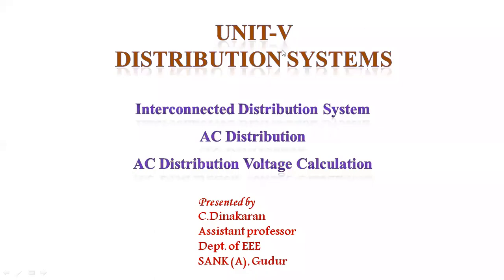Today I am going to discuss the interconnected distribution system, AC distribution, voltage calculation. In the last class we discussed the radial distribution system and then the ring distribution system. The radial distribution system is an open loop system. It is used for light and medium load applications, that is, for small towns and rural